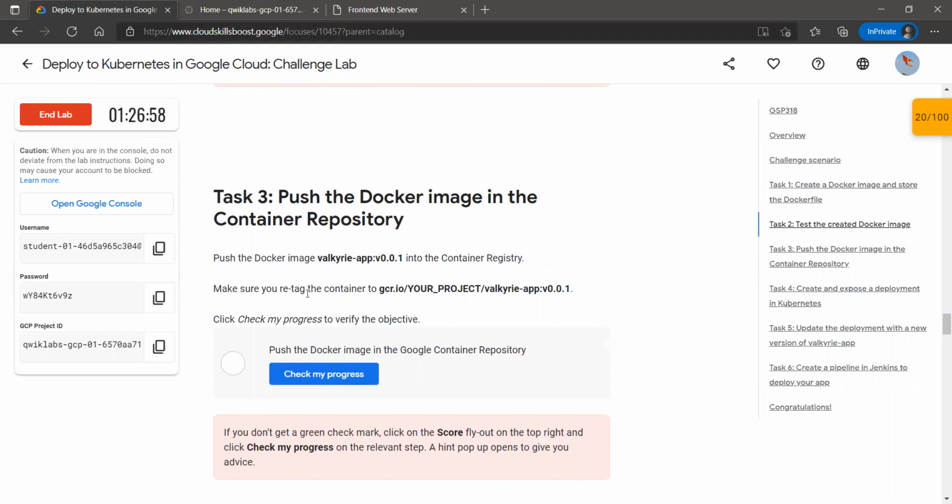Now make sure you retag the container to gcr.io/your-project/valkyrie-app:v0.0.1. So we need to retag the image that we just created to this name.